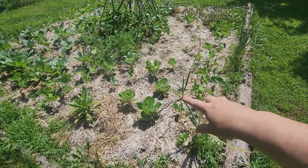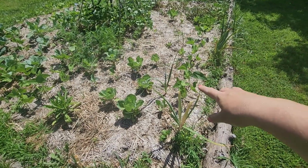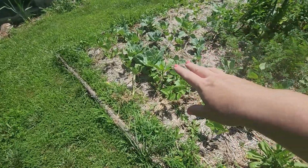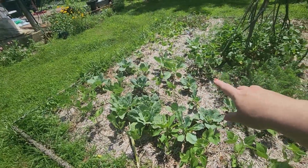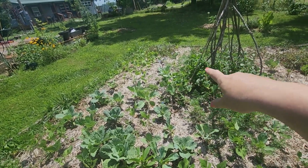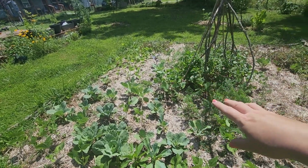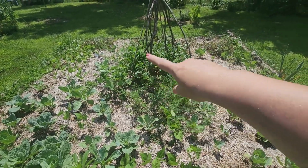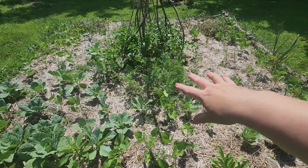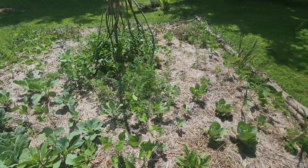Then we've got some leeks and green beans, more green beans, some Savoy cabbage, some late flat Dutch cabbage, a red acre cabbage. Oh, maybe there's 2 over there. Some more green beans, and then more pole beans for drying, carrots, and then